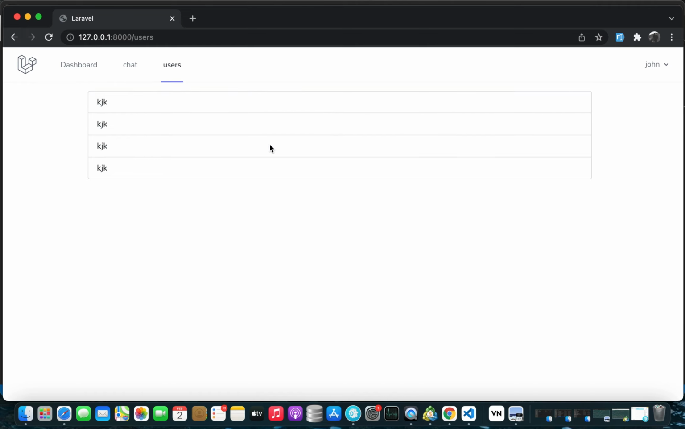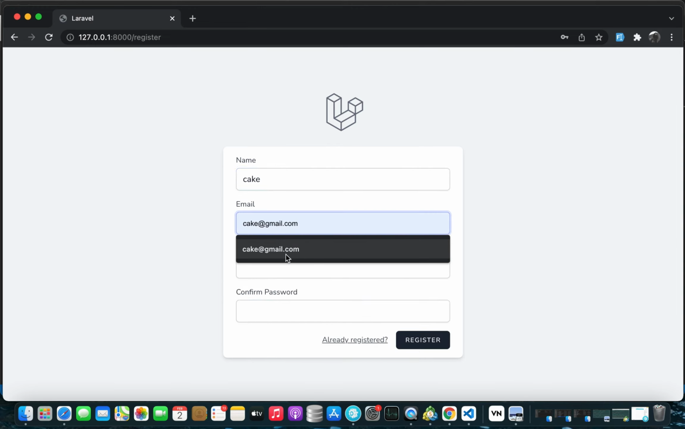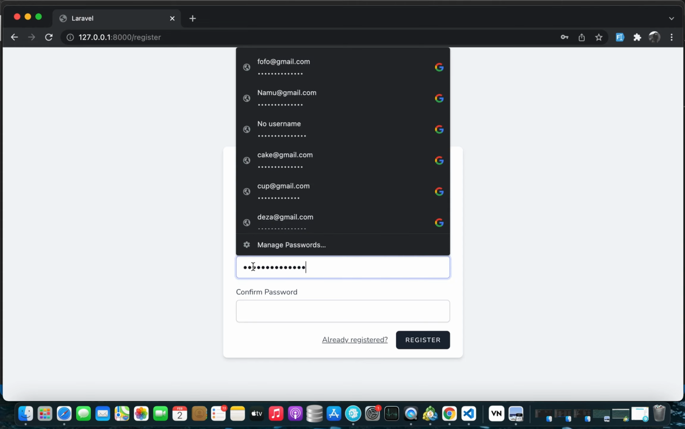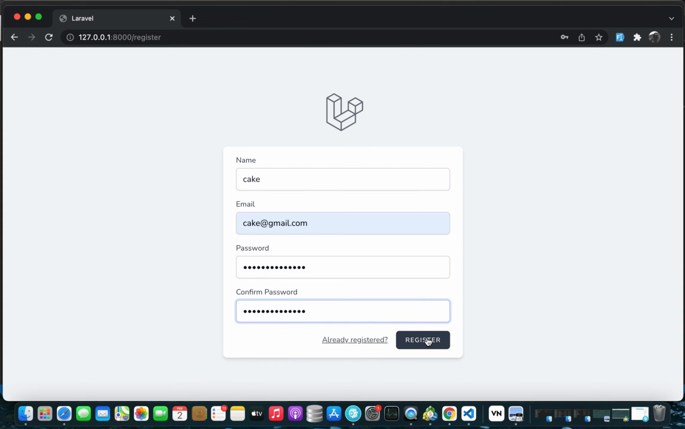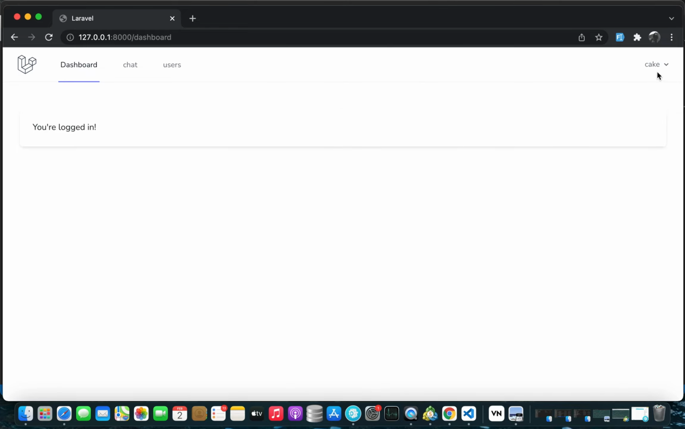All right, so now we're gonna go and create more users. Log out like that, go to register, we're gonna create more users. So it's gonna create a user called cake at gmail.com. I'm gonna use the same email as password, confirm so it can be easier to remember. All right, let's log out, close, let's log out,